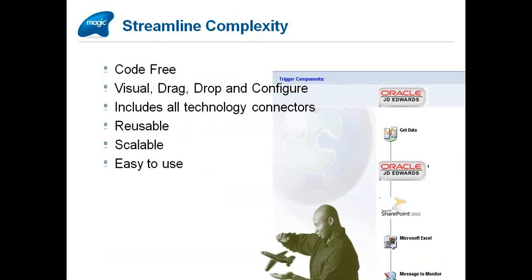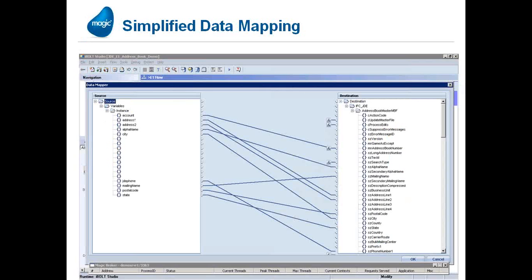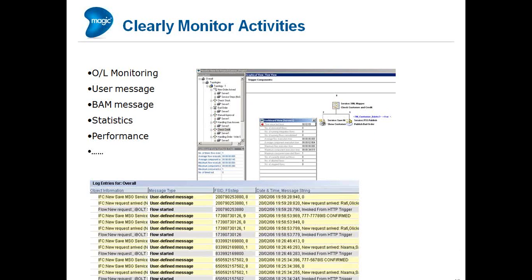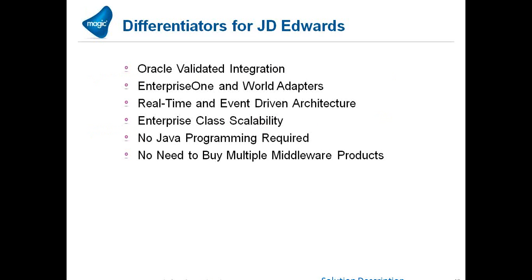So what Ryan's going to show us is how visual the approach is to integration, how it streamlines complexity by allowing you to work in a business process flow approach, a business process flow being the idea that you can have triggers and have sources and destinations that really follow the business logic for your organization, allowing you to do the data mapping that's required and then monitor the activities that are taking place in the integration environment, so not only for debugging purposes, but for audit trails and so forth.